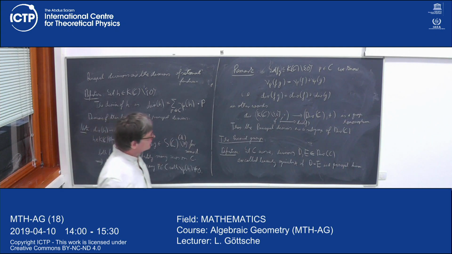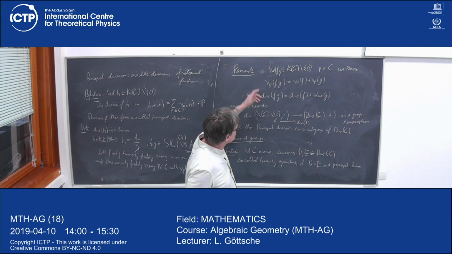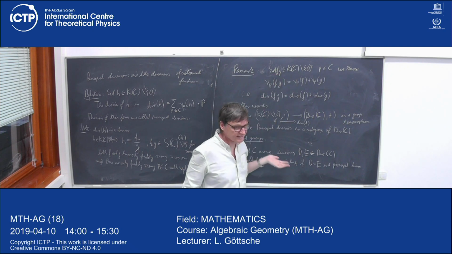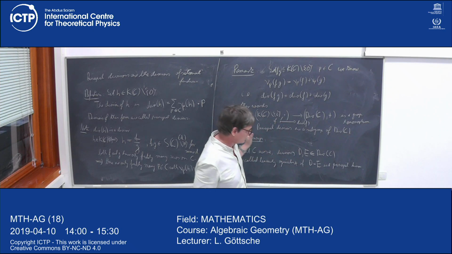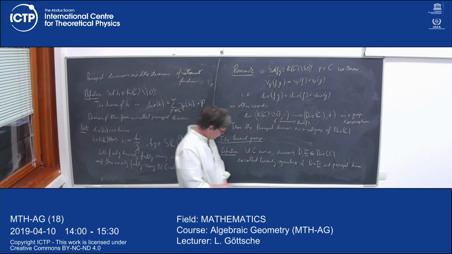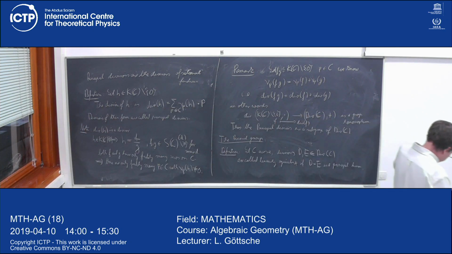So in some sense, you could say that you somehow think of these divisors coming from a rational function as the trivial ones, and so I want to always compute modulo them, and I want to see how much there remains. If I wanted to scare you, I would say it in a more fancy way: if I take the group of divisors divided by the principal divisors, that actually is